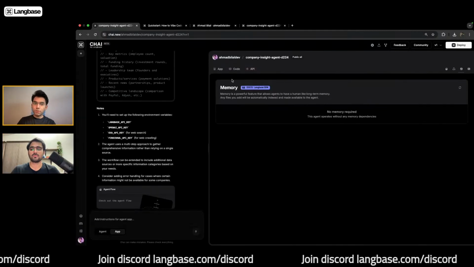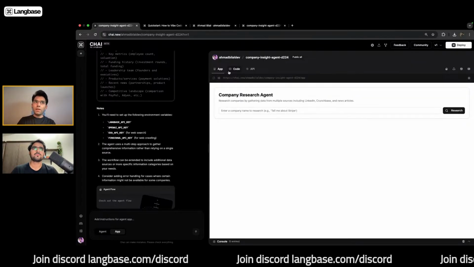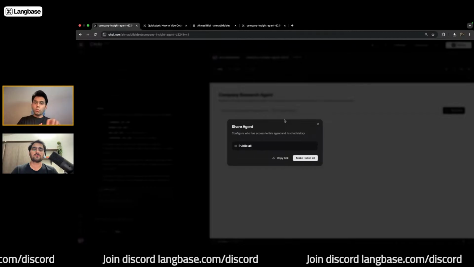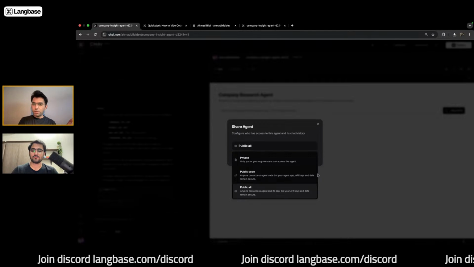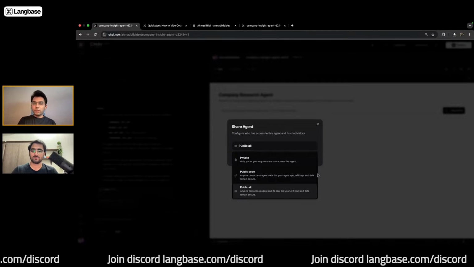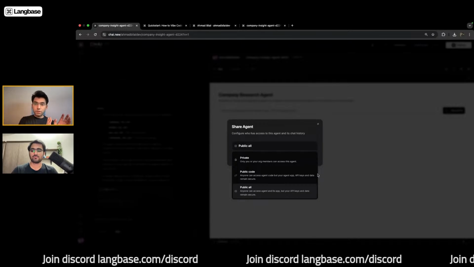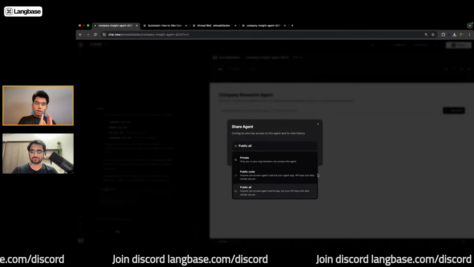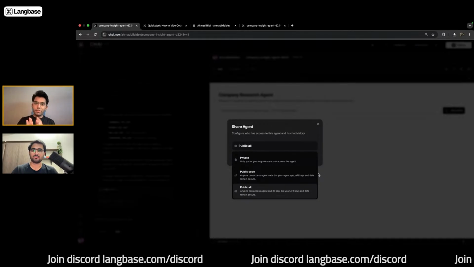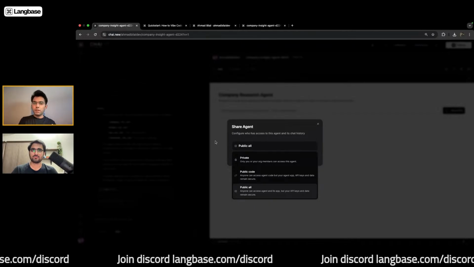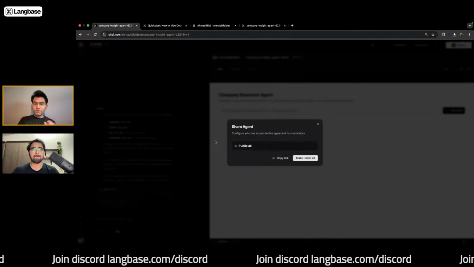The other option we have is public code. If you only want to share your code and your chat history with someone, but you do not want to share your agent app, then you can just select public code. Everything, again, your private and sensitive data, will stay private, and your agent app will also stay private. Only the code of the agent will be shared publicly with anyone that you want to share your agent with. And, yeah, that's pretty much it.